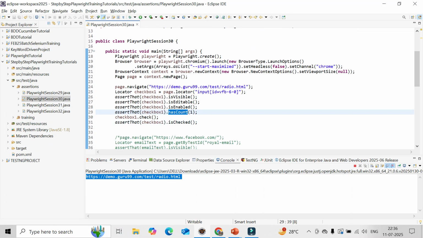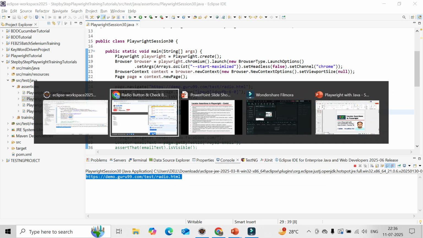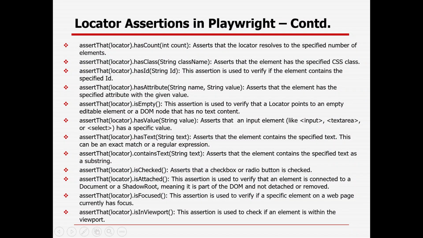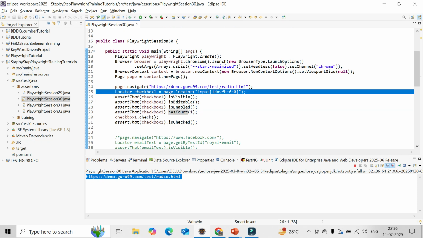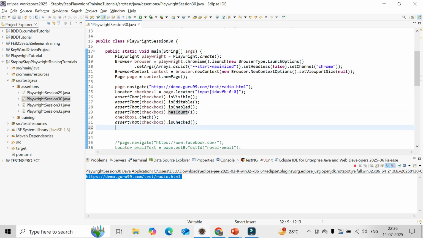Now here there is a hasCount options method I already told you about, right? What is that? It asserts that the locator resolved to a specific number of elements matching one. So here only one element with the help of this locator. But in case I am creating some other locator where there might be multiple elements, right? So what I can do, I can try to create a locator